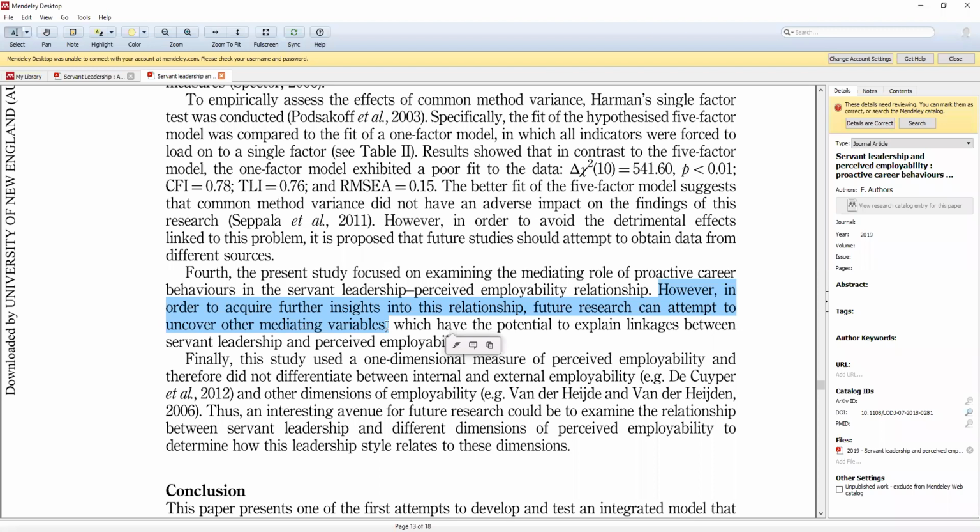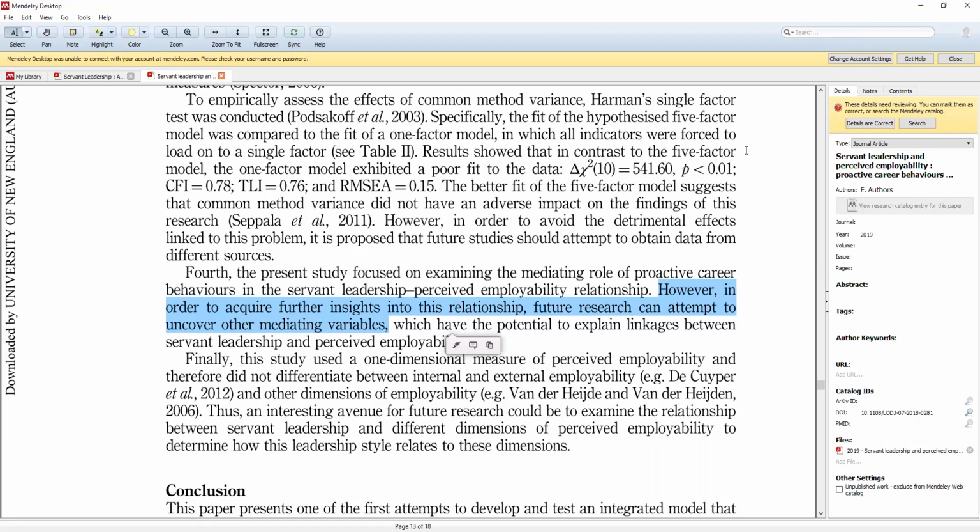When you do not have actual research on how servant leadership influences the behaviors, but you do have research on other leadership styles, maybe transformational leadership style, maybe charismatic leadership style, maybe entrepreneurial leadership style, in that case, what you can do is see what other leadership styles have been evaluated in existing research, and how, for example, transformational leadership style has influenced maybe a knowledge-related variable, maybe knowledge sharing, or maybe